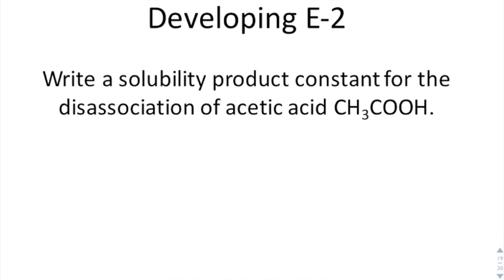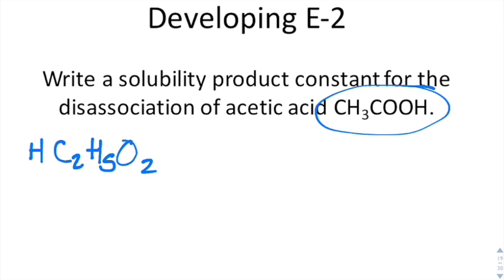Okay, it says write a solubility product for the dissociation of acetic acid, and it tells you that it's CH3COOH. Now, a lot of times you'll see acetic acid written as HC2H3O2, but it's more commonly written as this CH3COOH. The trick is to not be hung up as far as where the H is and which H is which. You'll get into that more if you take organic chemistry, but really the whole purpose behind this is you have